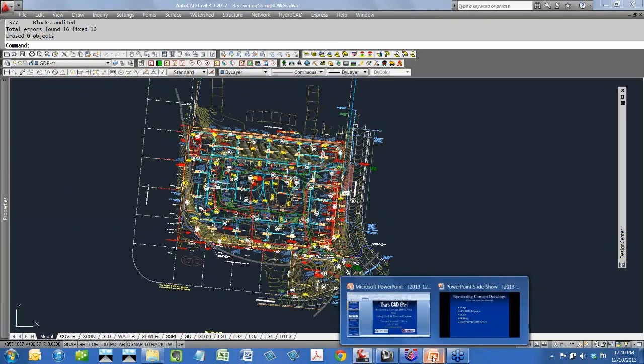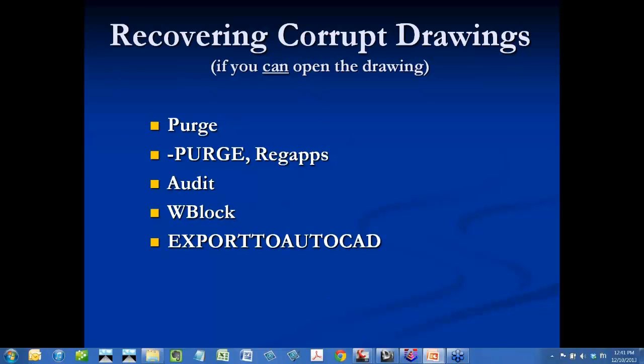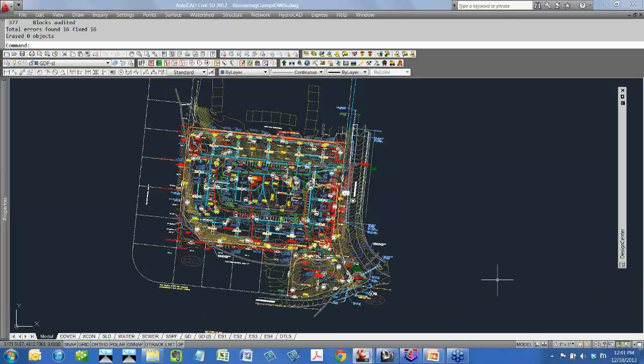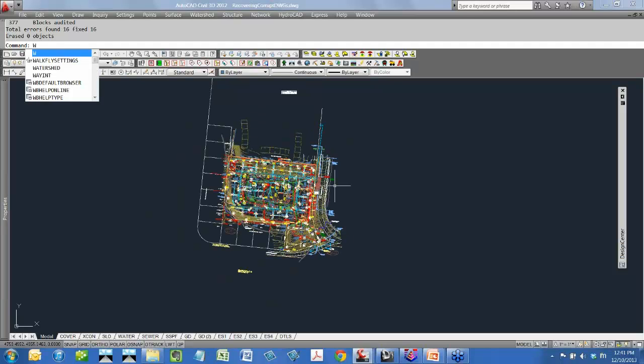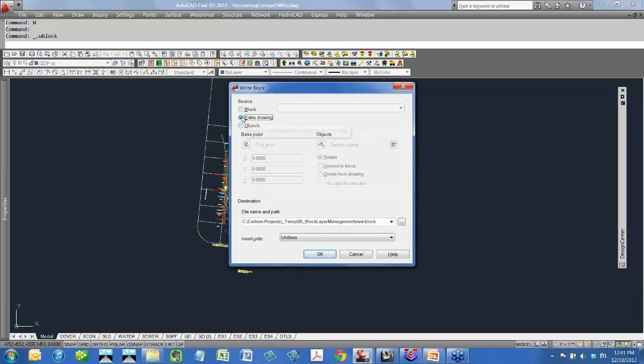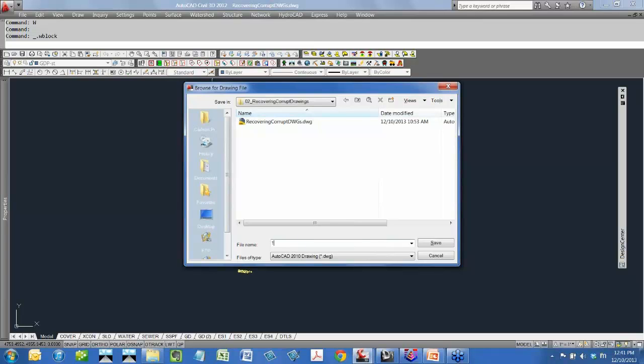Okay, and looking back at our list, we had purge, dash purge for registered applications, and audit. Wblock is another way, if you can get to the drawing and actually access it. What you can do is just start the Wblock command. I'm going to do it by typing a W. And you have an option to write out the entire drawing. So what it's going to do is it's going to take everything in this drawing file, make a copy of it, put it in a brand new DWG file, and hopefully it leaves behind anything that's corrupt or bad and that we don't want. So I'll just put 1210